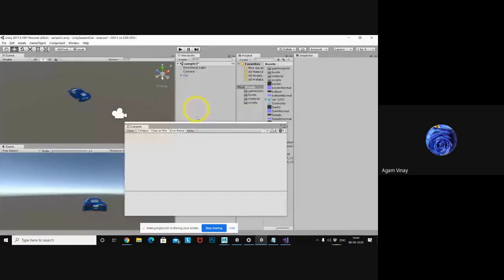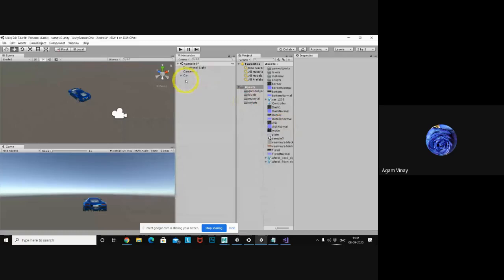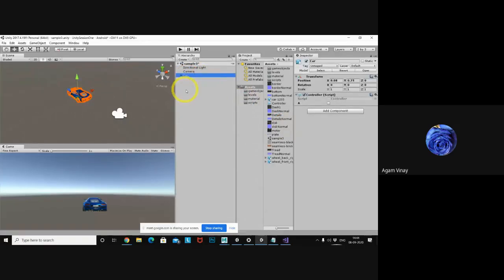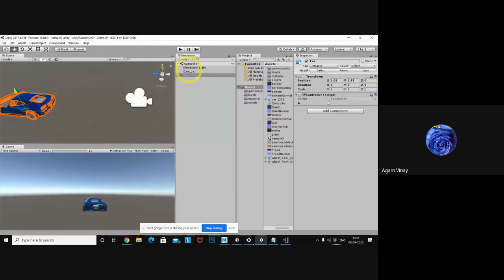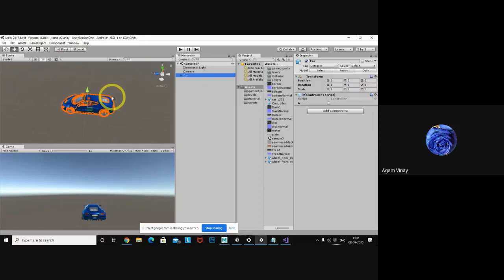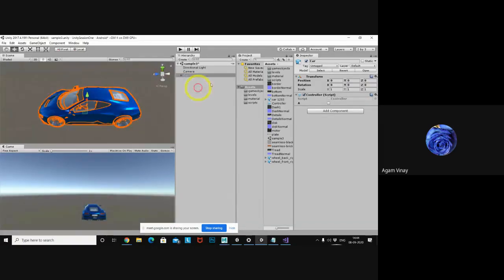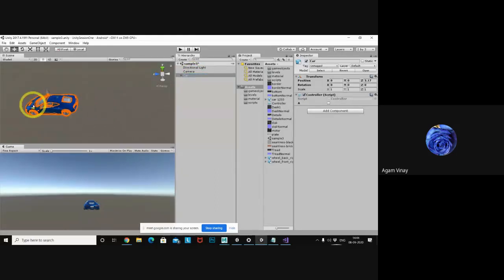Now I want to access the game object using script. If you observe here, the car has some values, right? X is 0, Y direction is also 0, and Z is also 0. So I want to access the car with the script and move it to here.